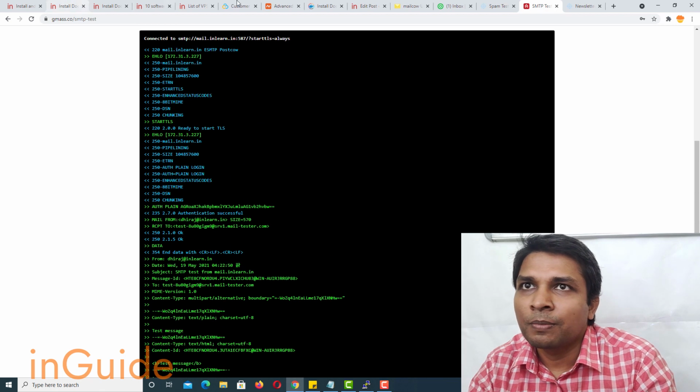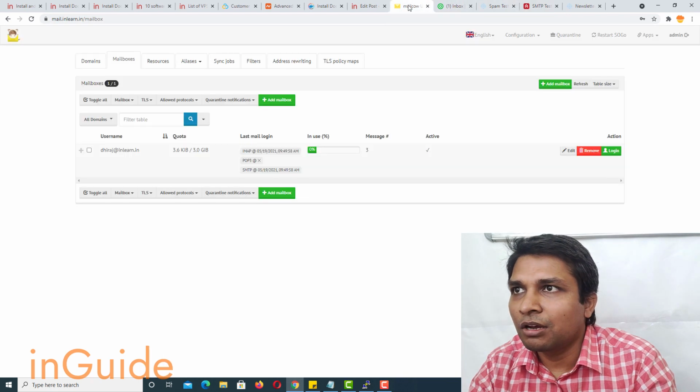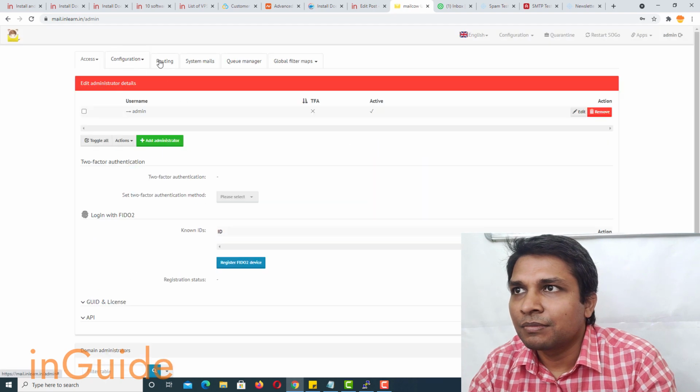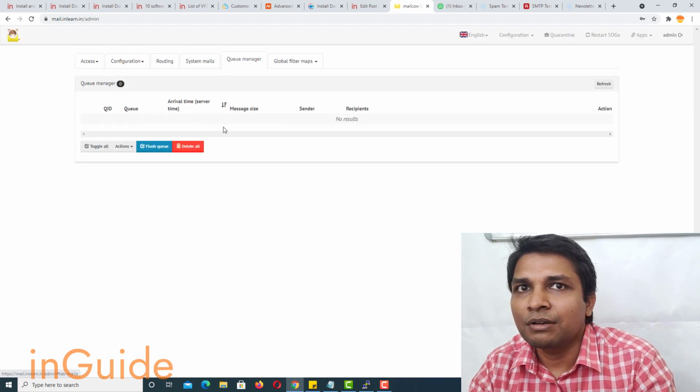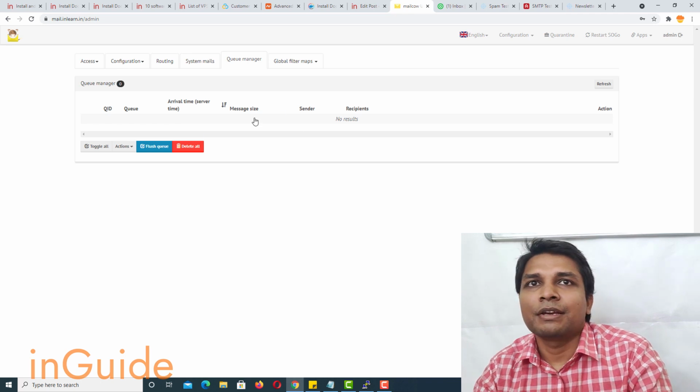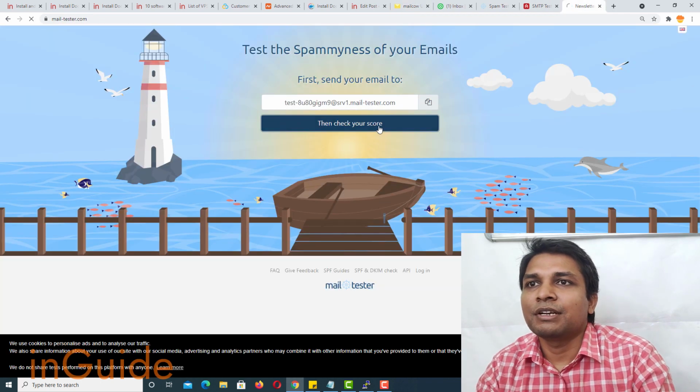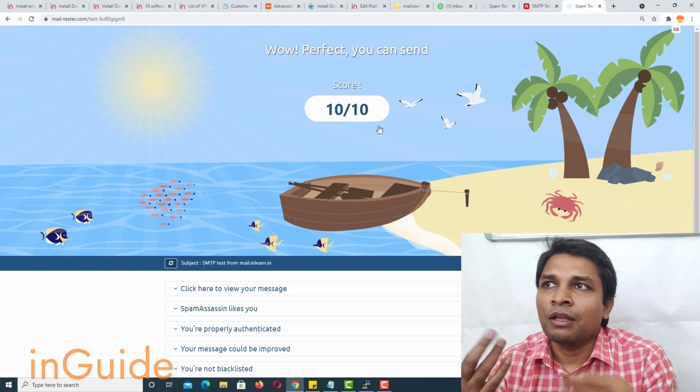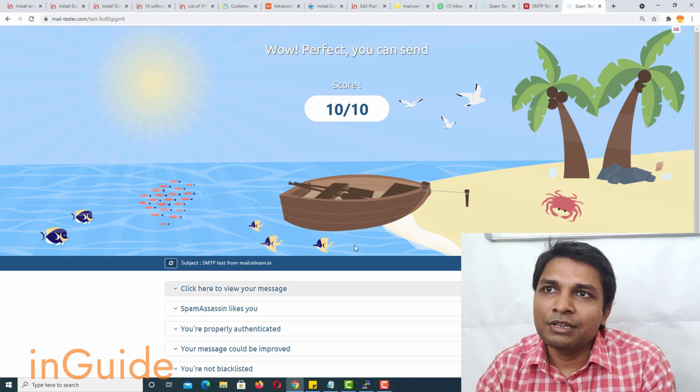Okay, mail is queued, and if I go to MailCow, go to configuration details and queue manager, okay, it's not queued here, it's been sent out. So here you can get 10 by 10.